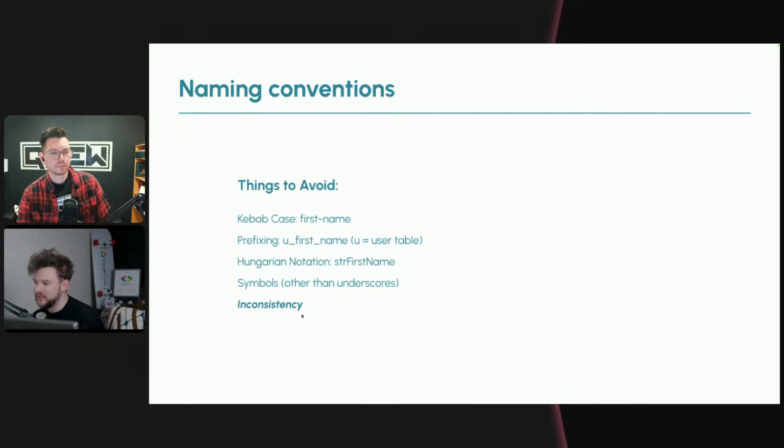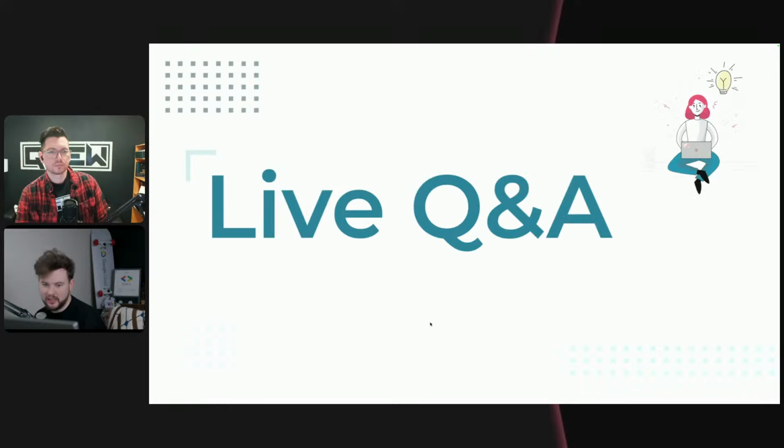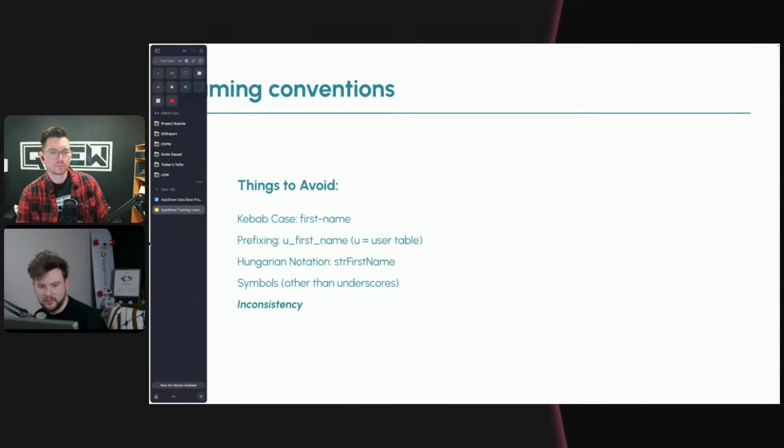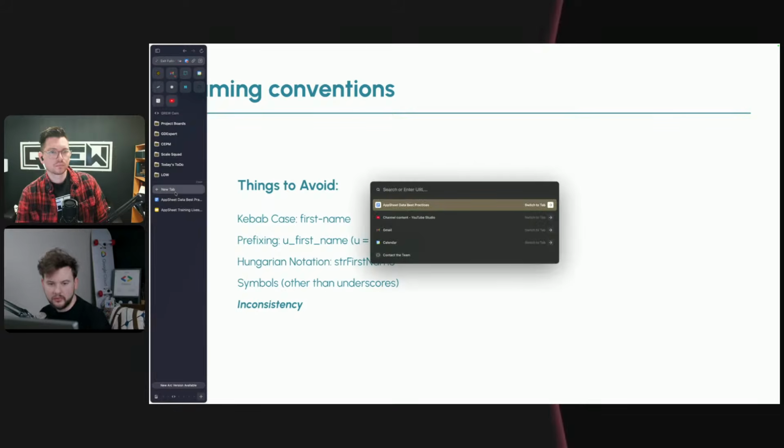It just slows down your development. And so I would just say stay consistent, choose a naming convention early, a casing convention early, and you should be great. I think that is all for these slides, but I will go ahead and open up a new